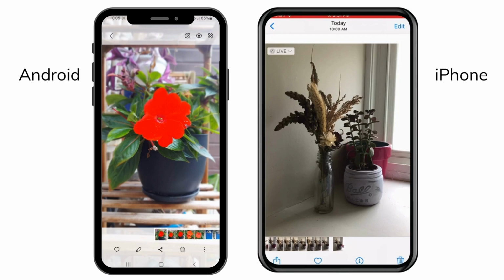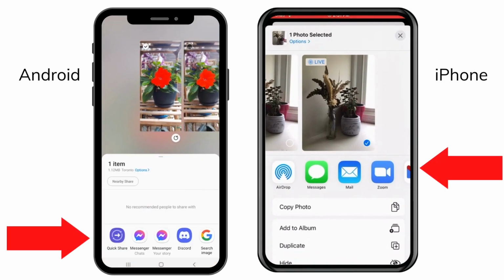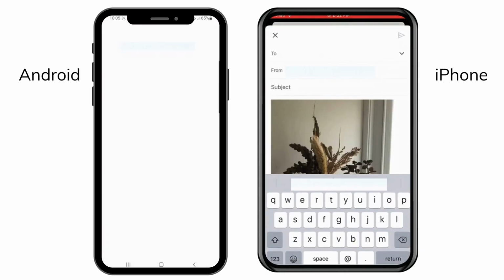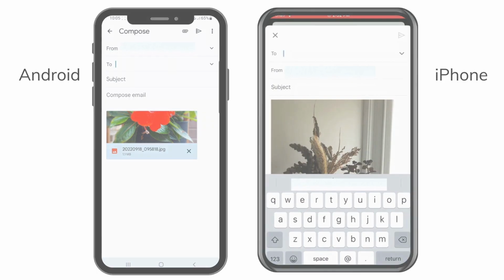After tapping the Share button, your phone will want to know which app you're using to share the photo. You'll see a list of apps on your phone. You can swipe left and right through these apps to select the app you want to use. In this example, we're using Gmail. As soon as you tap the Gmail app icon, your photo will now be attached and your email is ready to send. We just looked at an example of opening a file and then sharing it through an app.